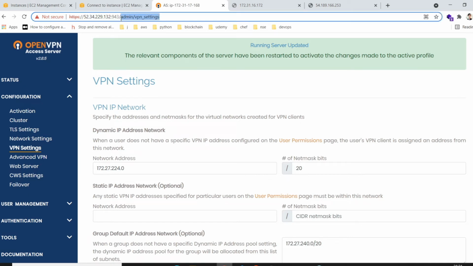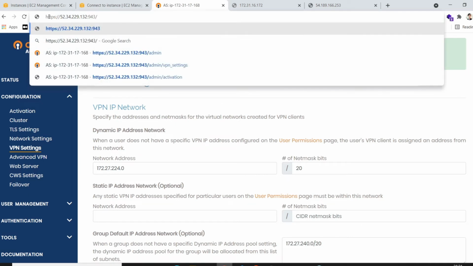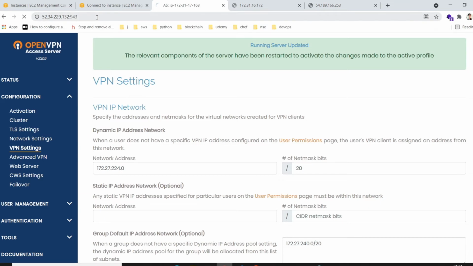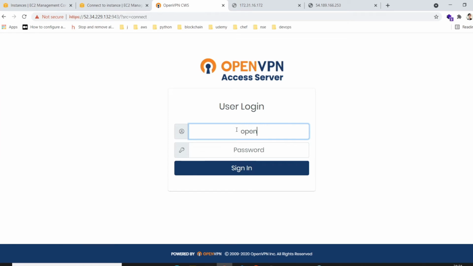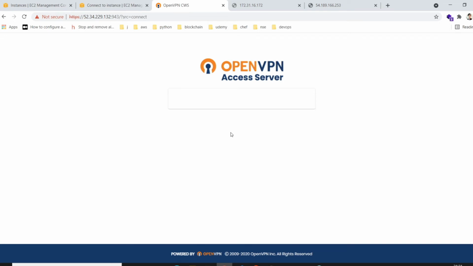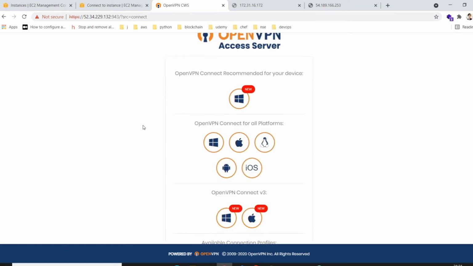Just remove everything. Go to the public HTTPS public IP 943. That's it. It will bring us to a login screen. This is a client login. You can just give your OpenVPN as user and your password, which you have set in terminal. Enter, and it will show us various options to download a